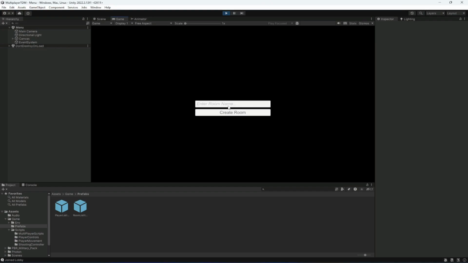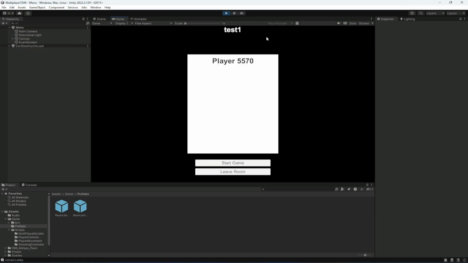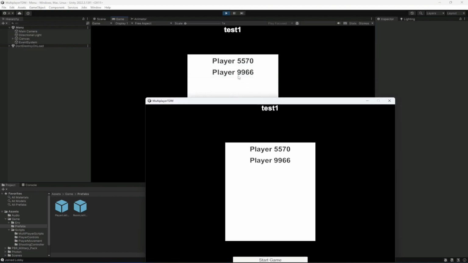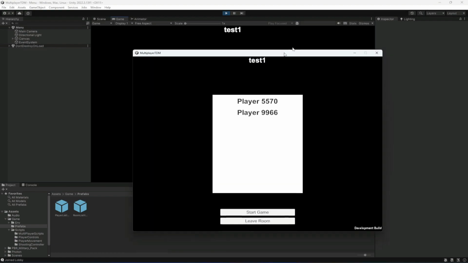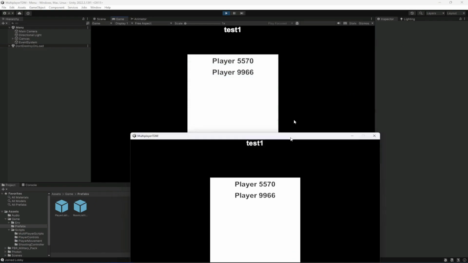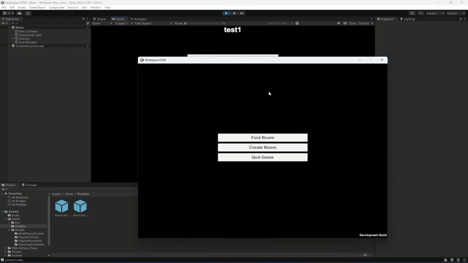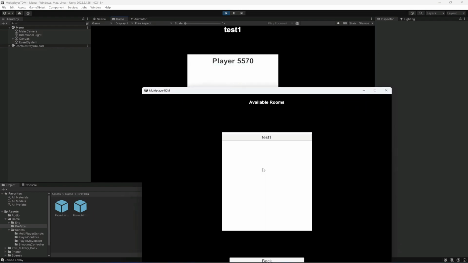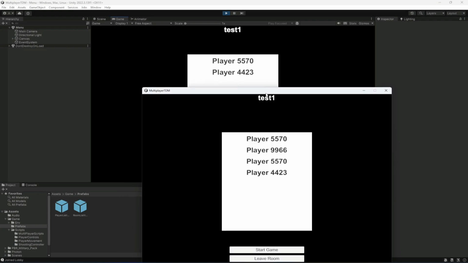Now if we go ahead and create a room from here by the name test1, create room. As you can see, it is showing the username correctly, Player 5570. Let's click on find room. As you can see, here is the room test1. Let's click on it. Now as you can see, it is showing the other player name as well, which we joined from this one. Now if we go ahead and leave the room, as you can see, the player has now left the room. If you click on find room again, join test1, as you can see now,